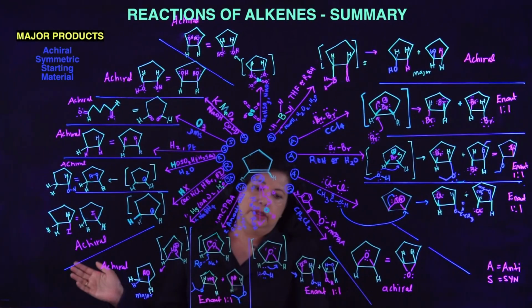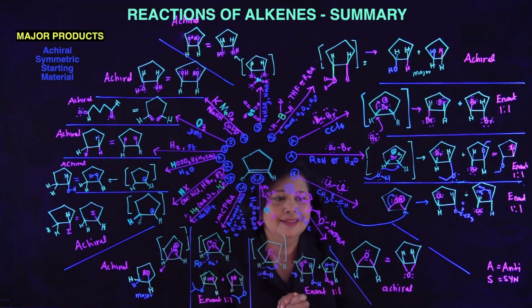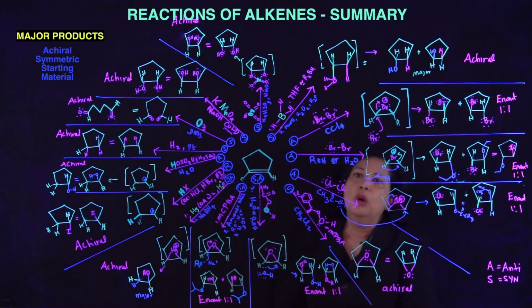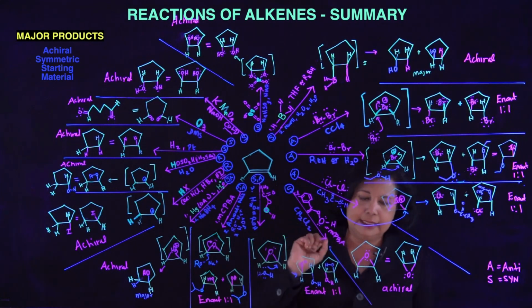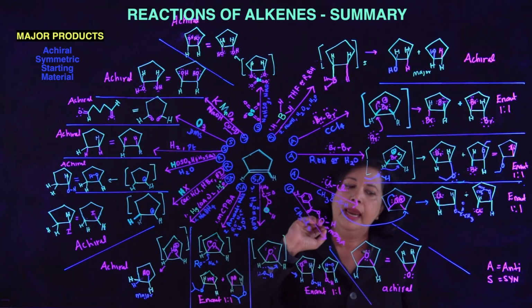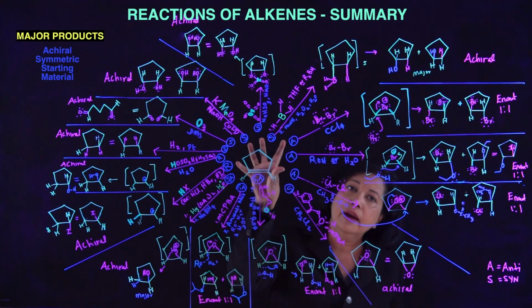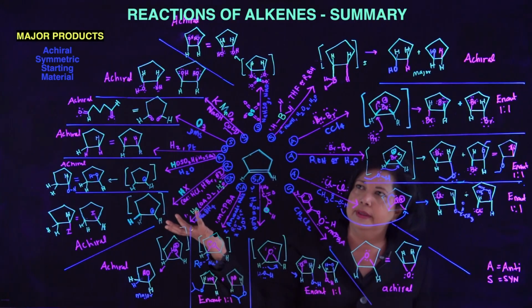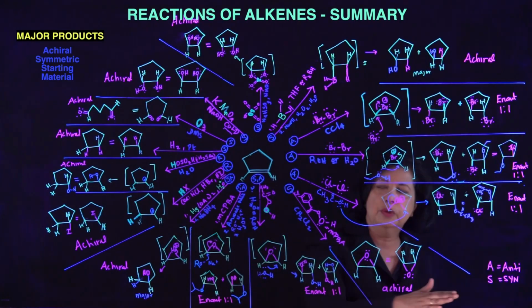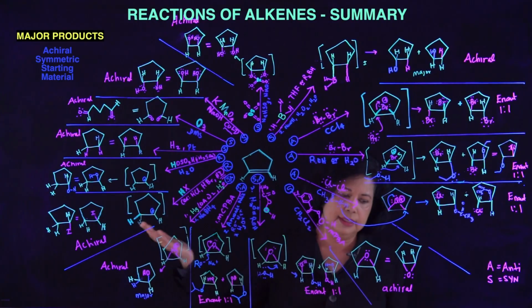So having gone around the entire wheel, let's talk about what would happen if I take this molecule over here and make the molecule chiral to start with. What would happen? Would you see the same results or would you have different results? Let's look at